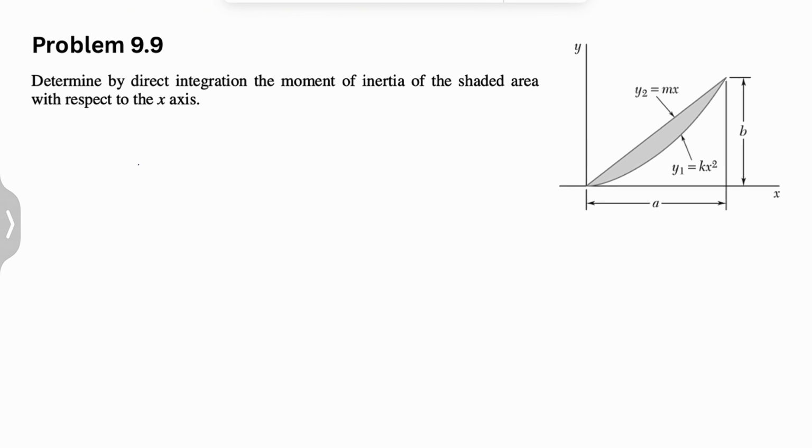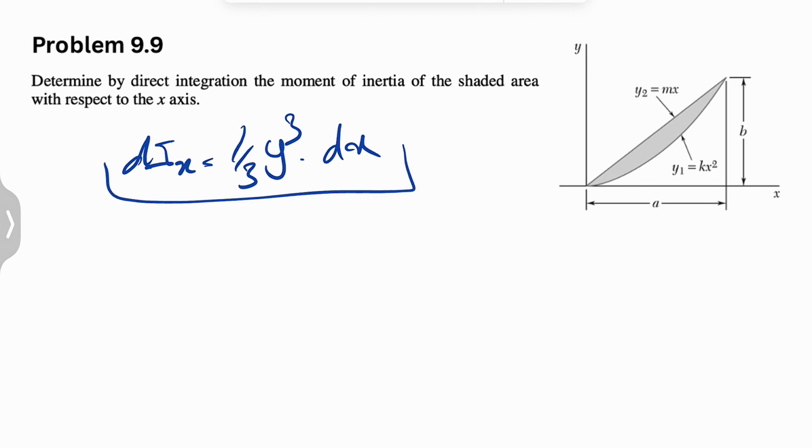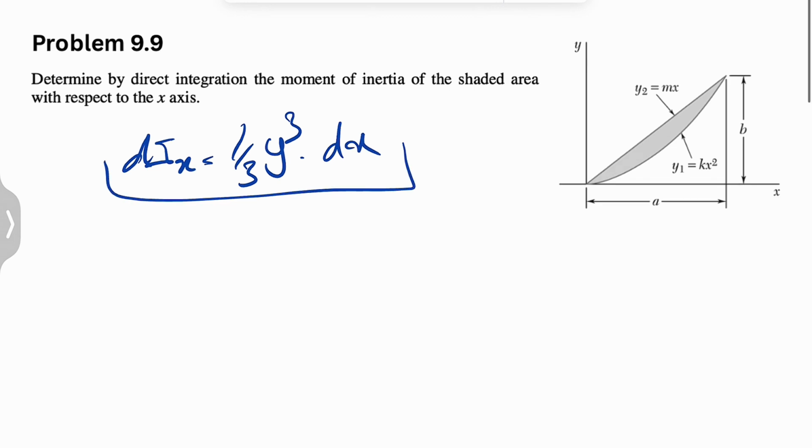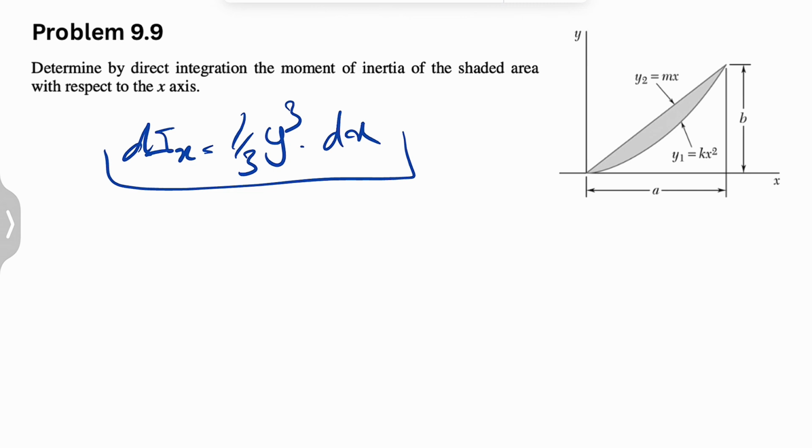So we talked about this in the previous videos. The dIx in here would be 1/3 of y cubed dx, and I'll explain where this is coming from. What we have in here is two different curves. One of them is linear, and what we're interested in is the area that is shaded between the two curves. So the strip that we're going to consider for this question is this little rectangle moving from